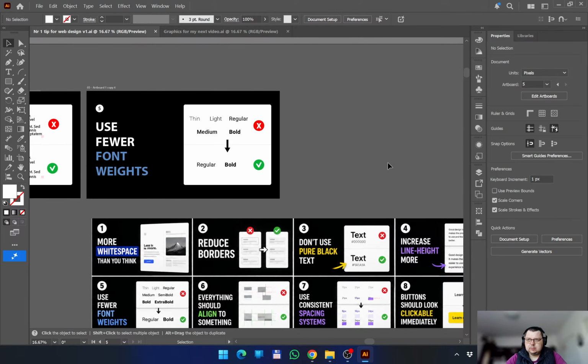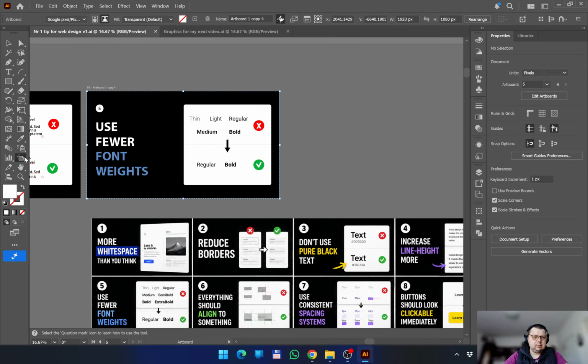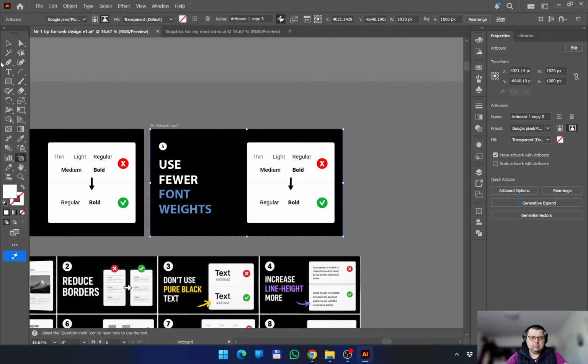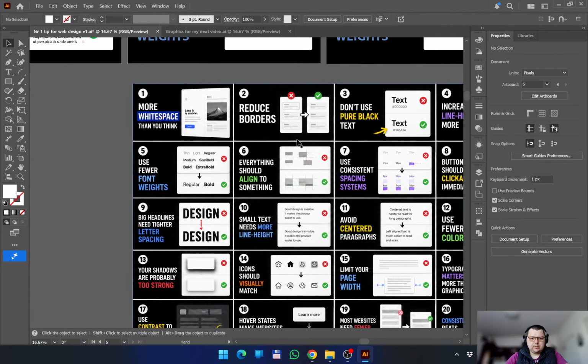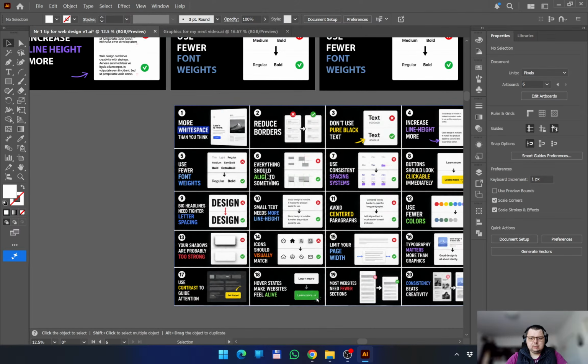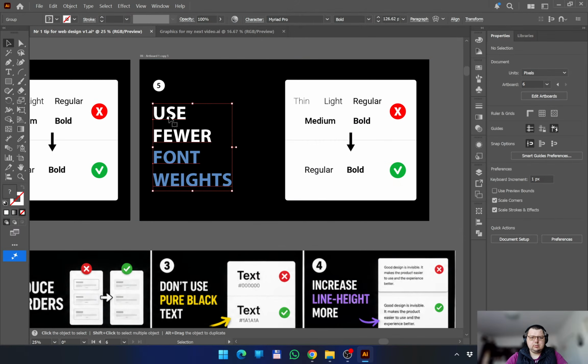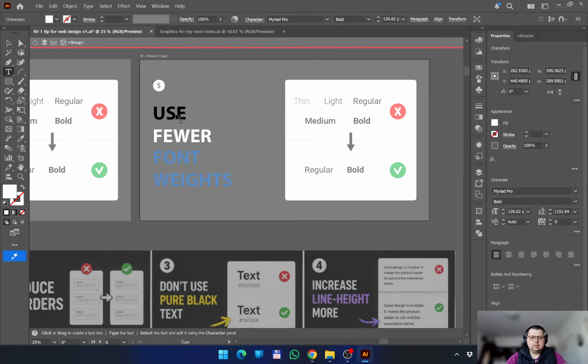And now let's make the sixth screen. Everything should align to something, of course, everything should align to something. So everything should